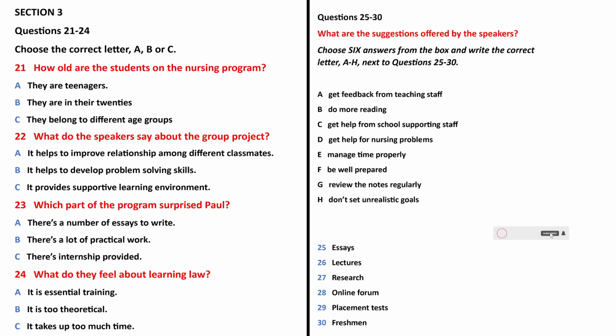That's true. According to graduates, group projects prepare them for the work world in which teamwork and collaboration are increasingly the norm. So tell me, Paul, what else do you like about the programme? I want to be a registered nurse, working in a public hospital after graduation. So the internship provided is a valuable opportunity for clinical practice in a supportive learning atmosphere. However, I was amazed by the amount of written assignments, since I thought the course should have focused more on practice-oriented learning.